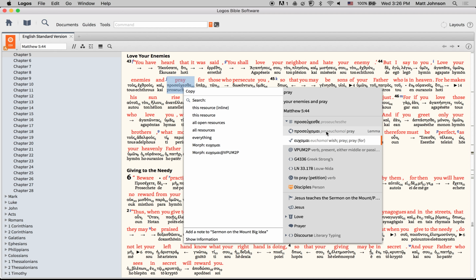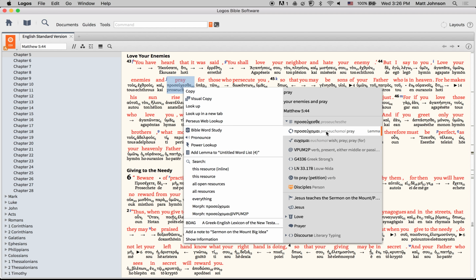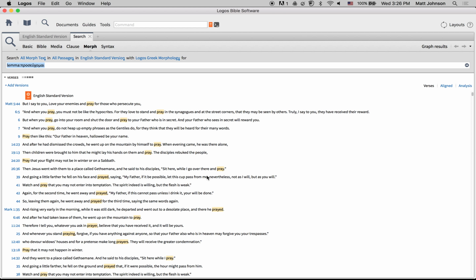The one that we think is most useful most of the time is going to be the lemma search. And so I'm going to click on that. And we think this is one of the better ones for making observations in the text as you start out. And so I've got it selected. And now I want to search this resource. So when I click search this resource, it's searching through my ESV Bible, and it's going to find any result